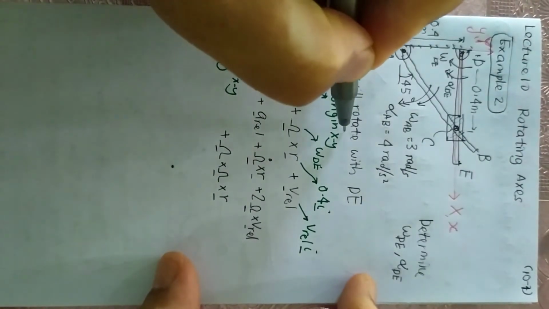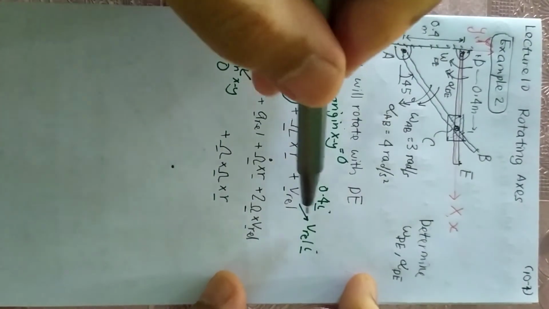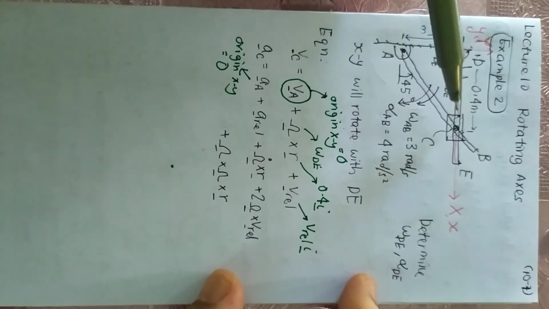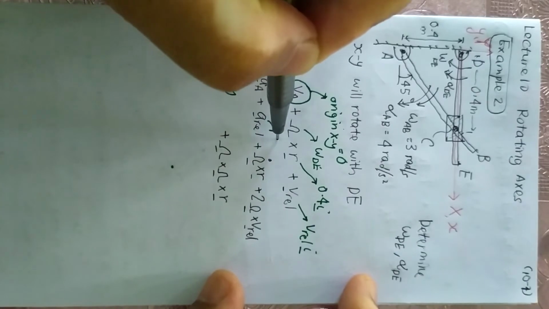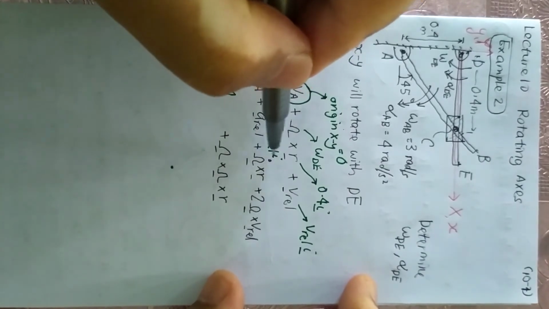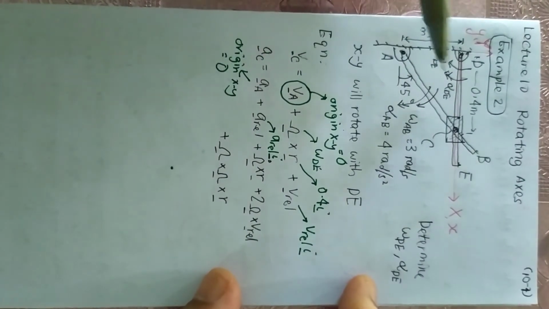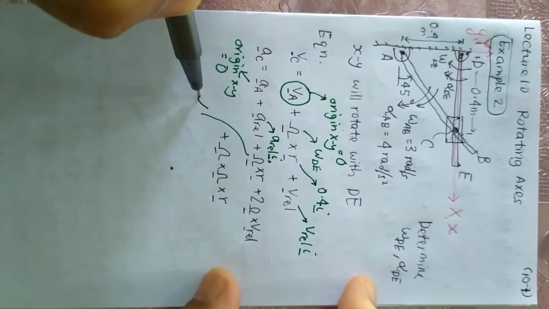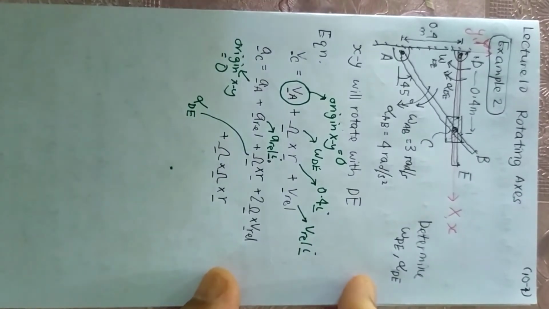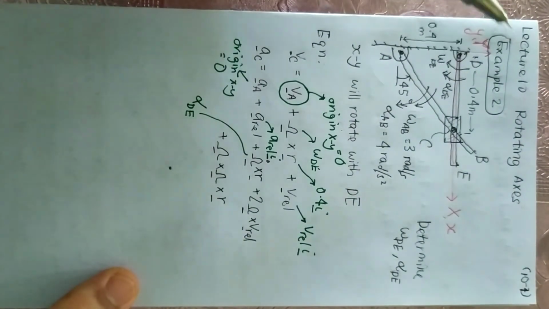Of course, origin XY is not moving, so it's 0. And then A relative is similar to the concept of V relative. The collar can only slide along DE, so we can put A relative i, because it can only move in the i direction. Omega dot is the alpha DE. It is how fast XY is rotating, or the angular acceleration of XY, the small